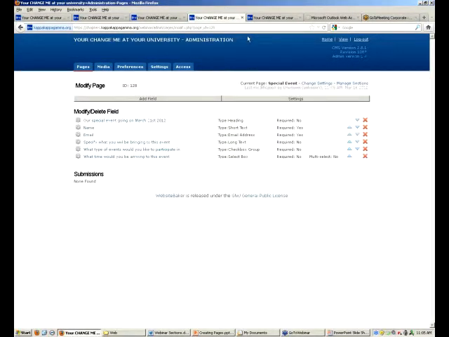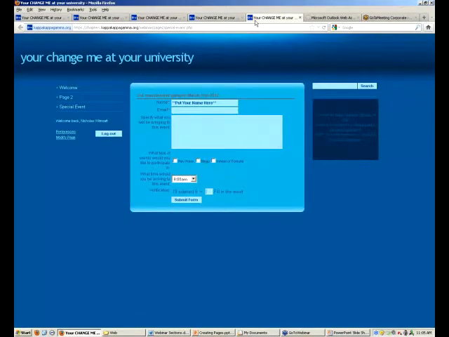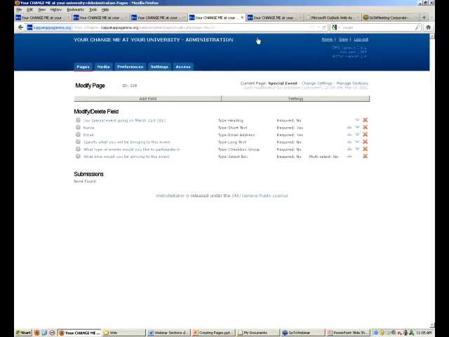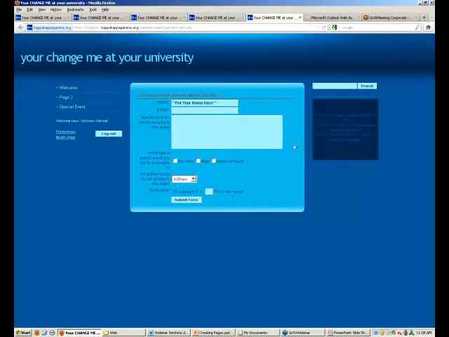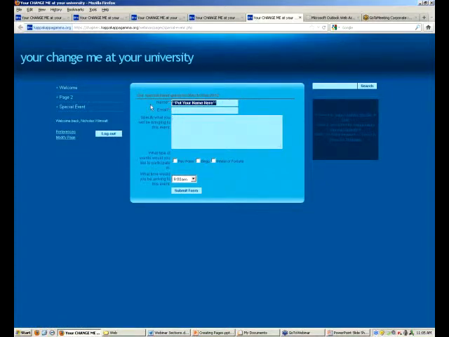And now we are going to take a look at our form. And again, you can just select this view link at the top here, and then that will bring you out to your form. Let me just go ahead and refresh the page here. Alright, so here are our questions. We have our name, which our members will fill out. They can type in their email address, what they will be bringing, and what types of events they would like